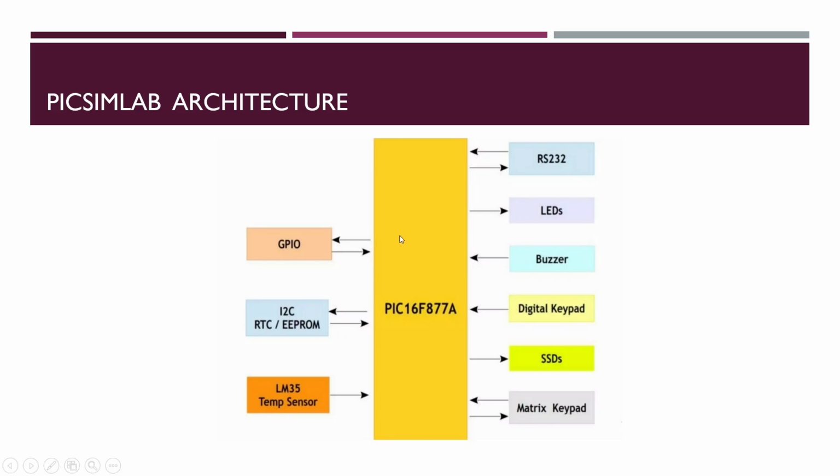Next, we have GPIO. These are the ports which handle general digital input and output operations. Then on the output side, we have the microcontroller drivers such as LEDs, buzzer, matrix keypad, RS-232, etc. User interaction is achieved using matrix and digital keypads. So here PicSimLab accurately emulates real-time hardware behavior, making it an effective platform for embedded system design, testing, and learning